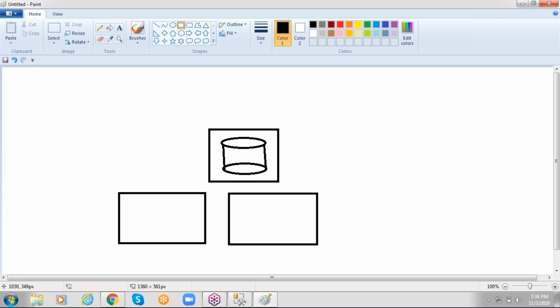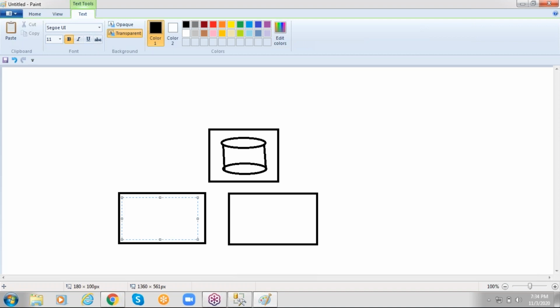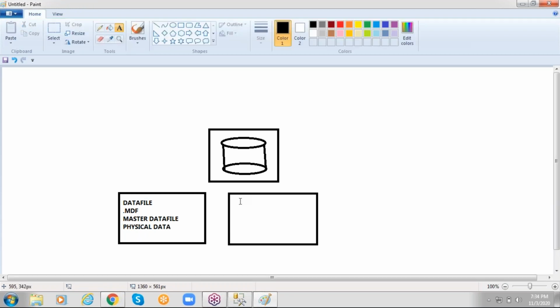So when I'm creating a new database, I'm going to get two types of files, but I'm not going to store them in the local hard disk of this server. We will get separate disks for separate files. I told you two files, right? Two different disks we are going to get from the storage. So the file names are data file, with the extension .mdf. MDF stands for master data file, and physical data is going to be stored in this file.